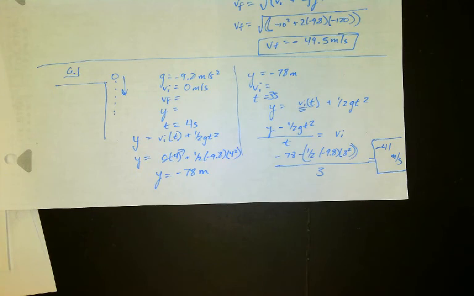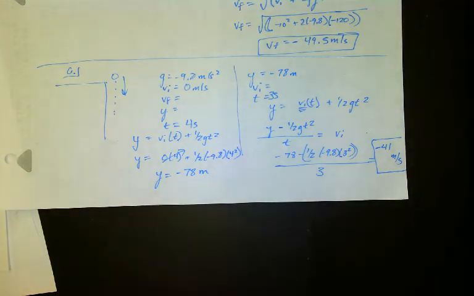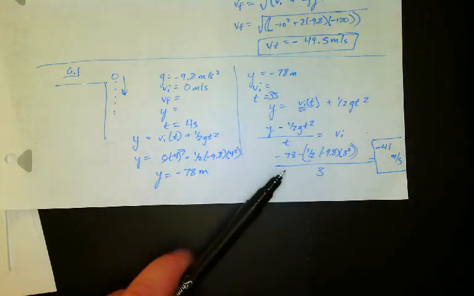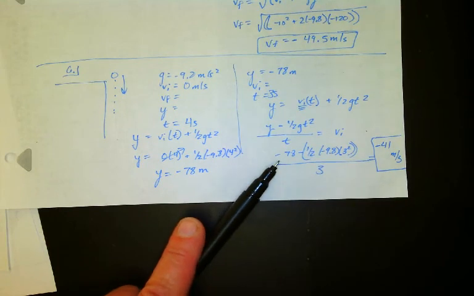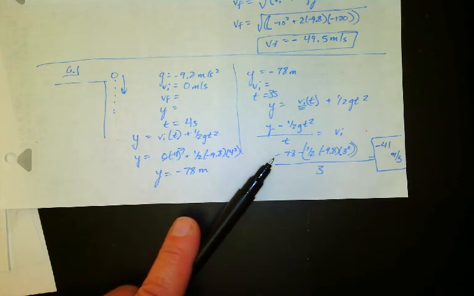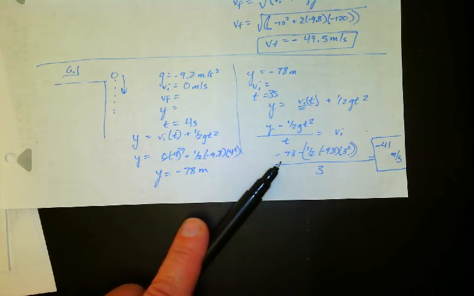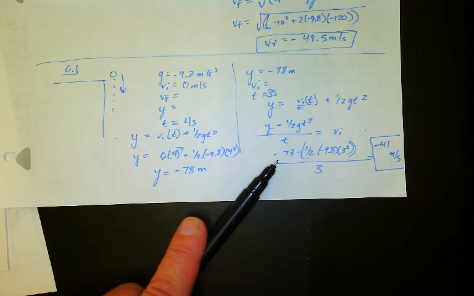Because I got 12. Maybe. I don't know. Negative 11.3. Okay, so you got close to 12 then too, huh? Okay, so I think I have a math problem. So negative 78 minus parentheses 0.5